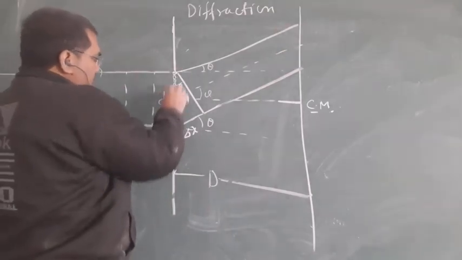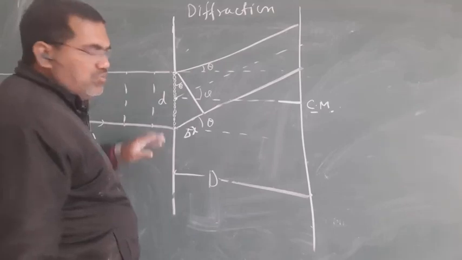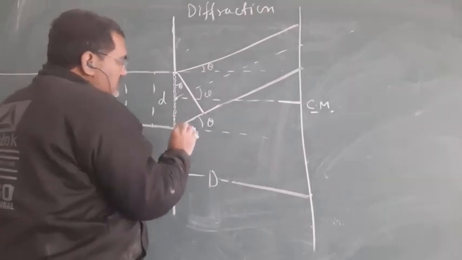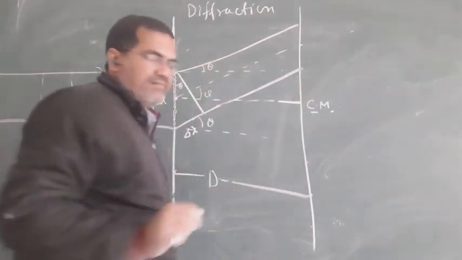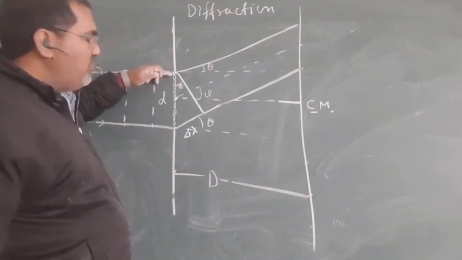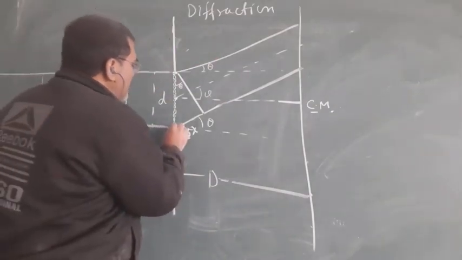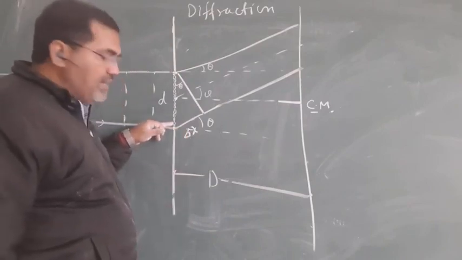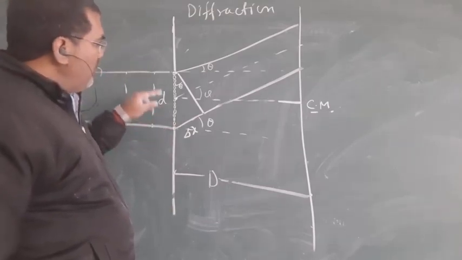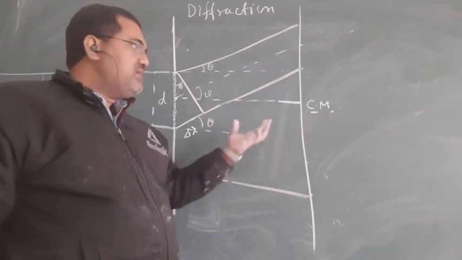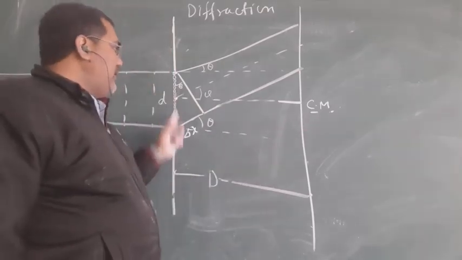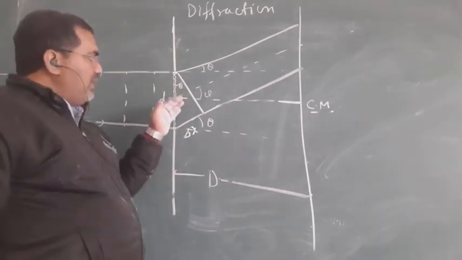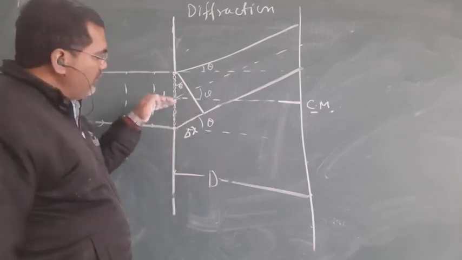This wavefront has infinite sources, so the first and last source have the same path at the center. Similarly, below the first particle and the upper side of the second particle from the bottom side, they also meet in the same phase. That is, the path difference between them is 0. So you can say all the particles are divided into two halves: all the particles in the upper half and all the particles in the lower half